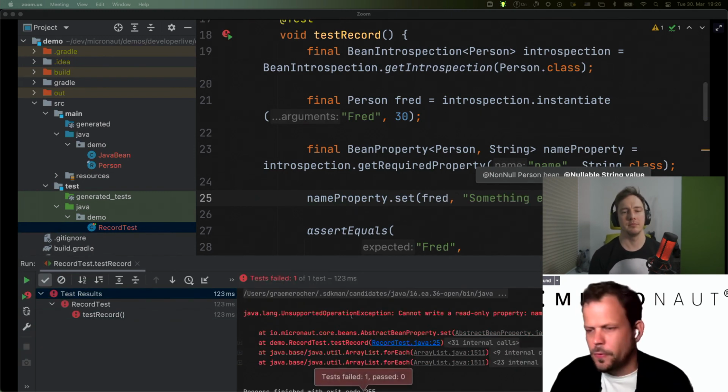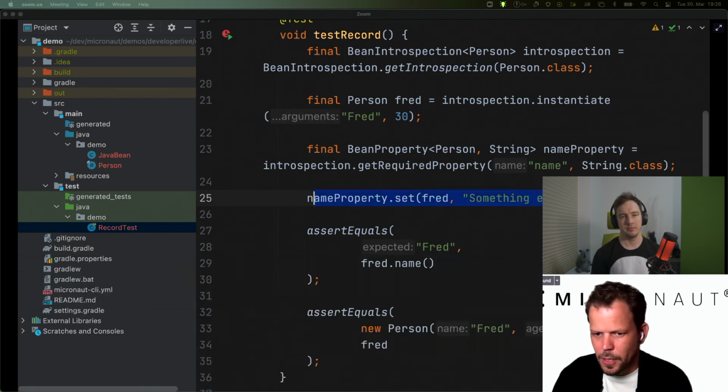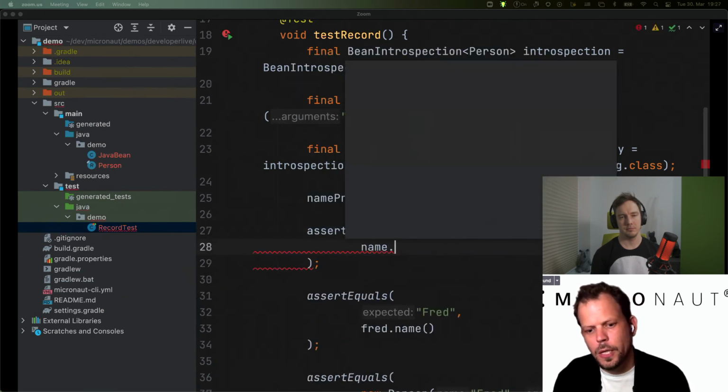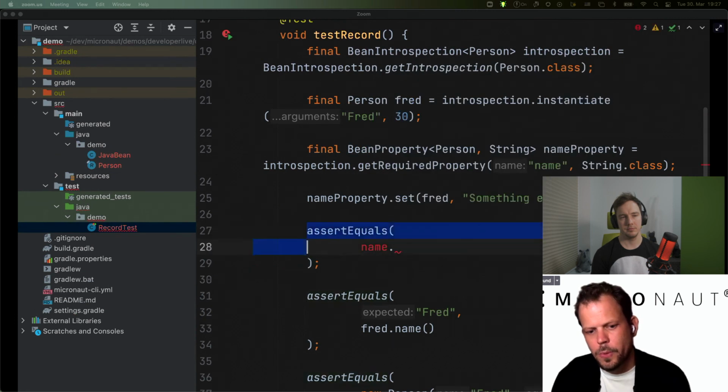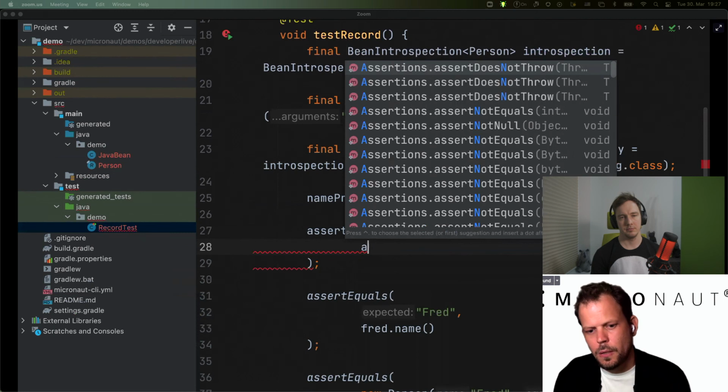You'll see that fails with an unsupported operation exception. You cannot write a read-only property called name. You're doing something very naughty there. That's definitely not allowed. And there's actually some logic on the name property where you can say set through name property